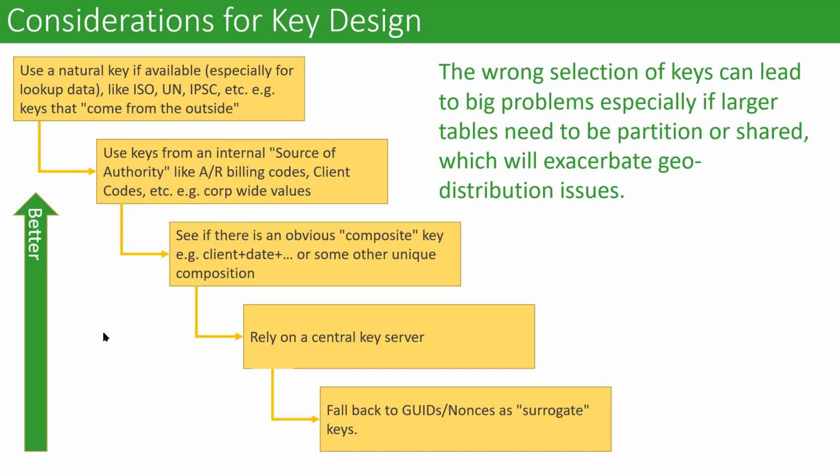The next best is if you can get together as a corporate entity, or at least a greater division entity, we're the government reporting branch, and say, we're going to have a source of authority for certain things. And everybody's going to use it. And if you go to use it and you find that your thing is missing, here is the governance process to get that addressed. And here is the SLA around this process. And so on and so forth.